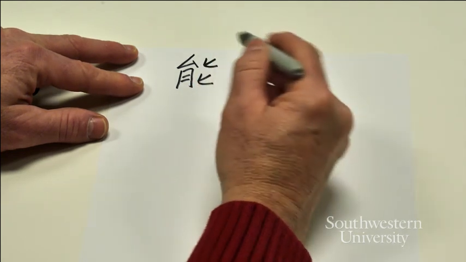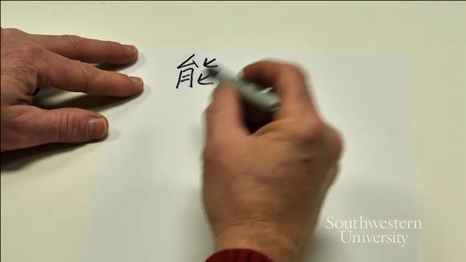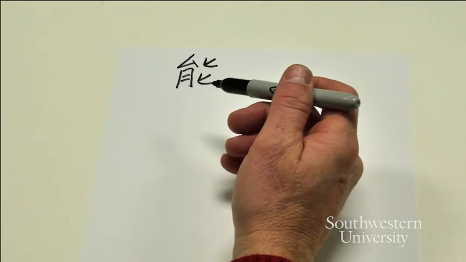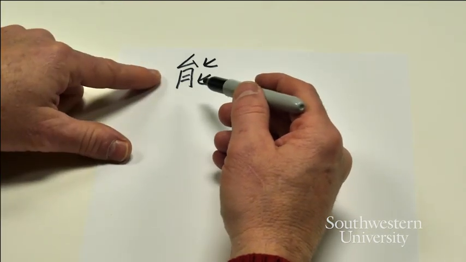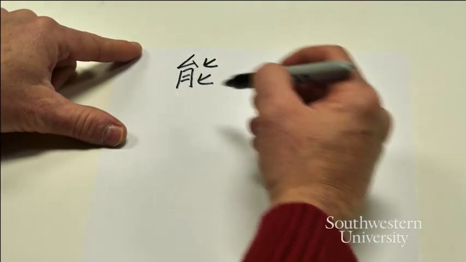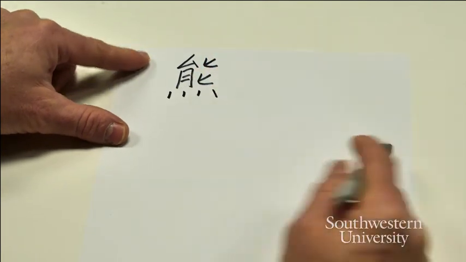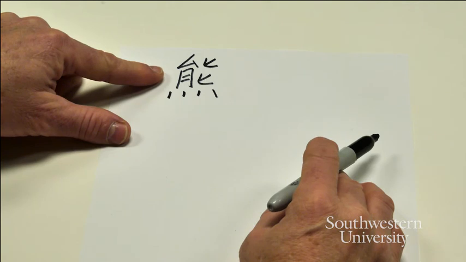So to distinguish the two different uses, because this was borrowed for ability because of the strong ability of bears and also because it sounded the same. So to make the difference, they put 4 legs on the bottom of the character for bear, which is now